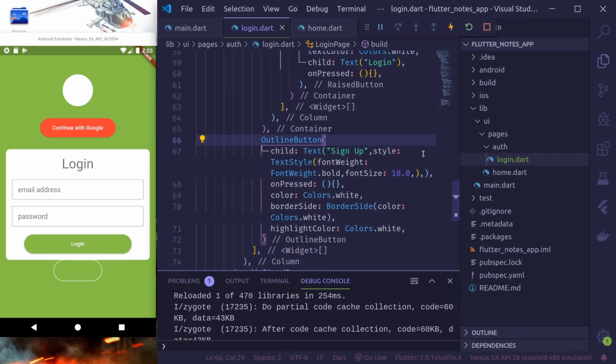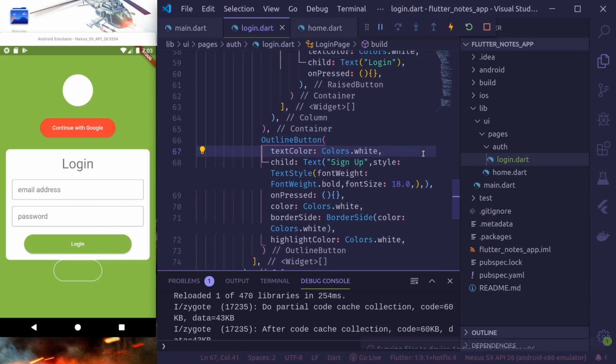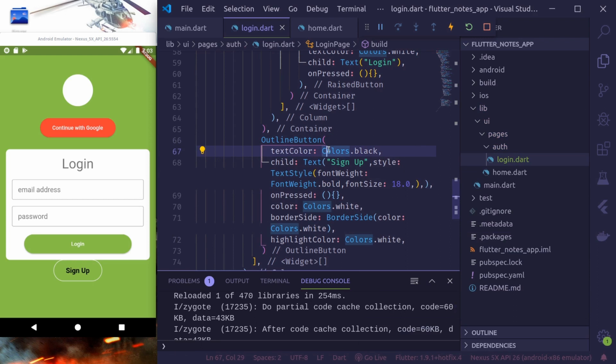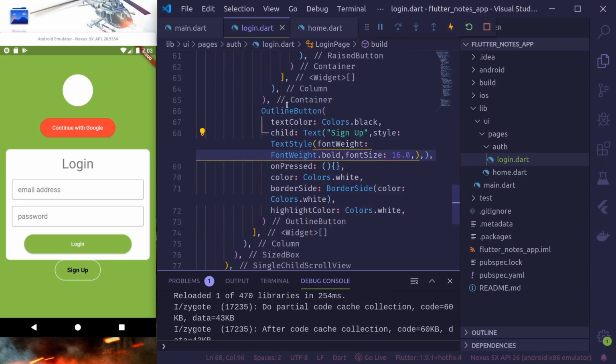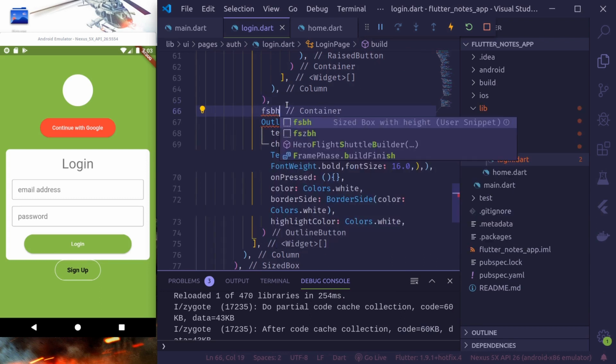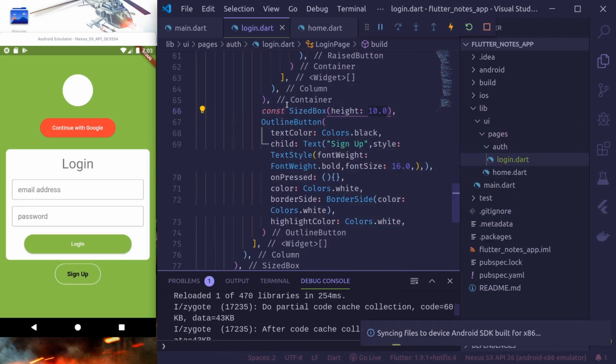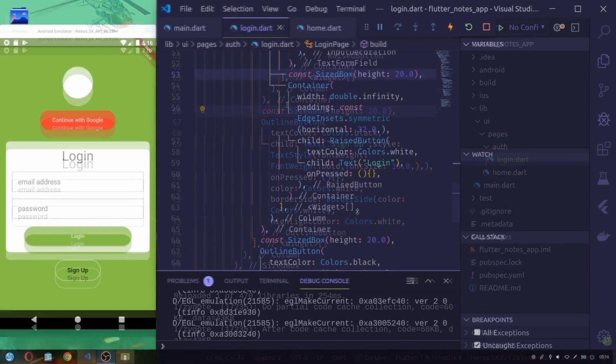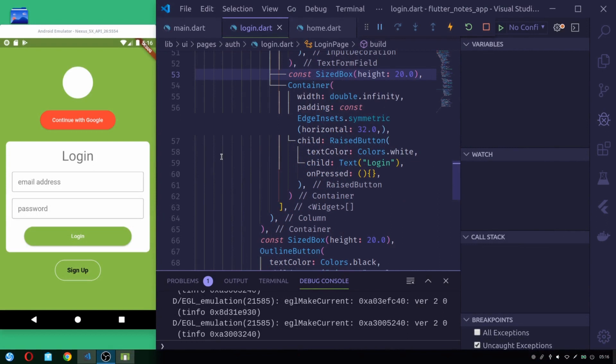No, black. Okay, font size, maybe let's make it 16. Okay, and here let's separate by sized box of height 20. Okay, so we are almost done with the login screen, but before we move on to sign up screen,